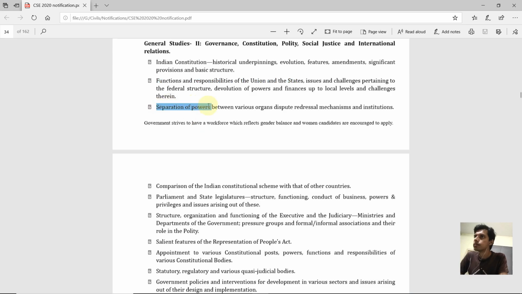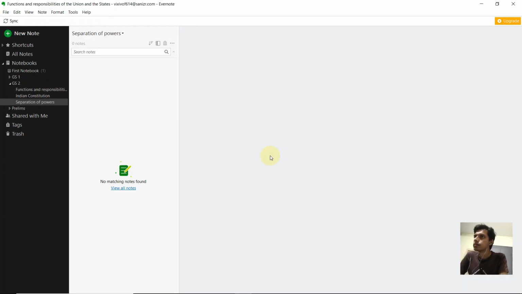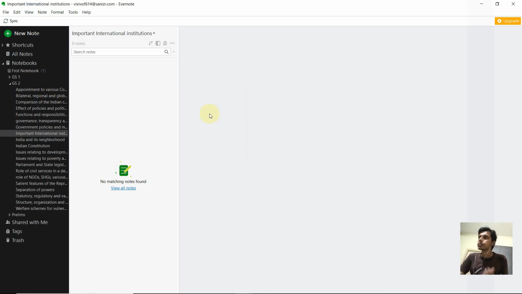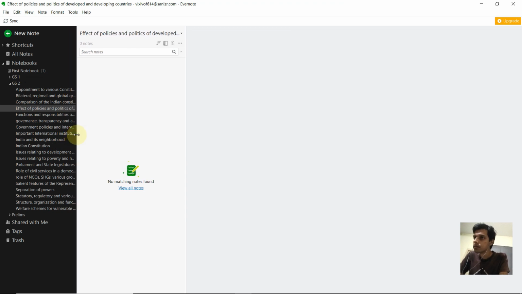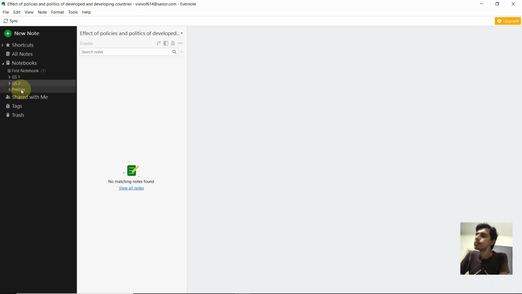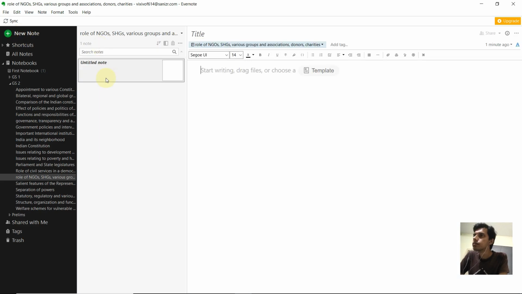And then this process is simple, like right click on the notebook, create new notebook, and likewise you can see all the GS2 related topics have been created. You can also adjust the slider of the Evernote. You can create a note assigned to that topic by pressing on the new note, and you can create whatever notes you want. You can add whatever content you want. It is very simple if you just understand the basics of using Evernote.